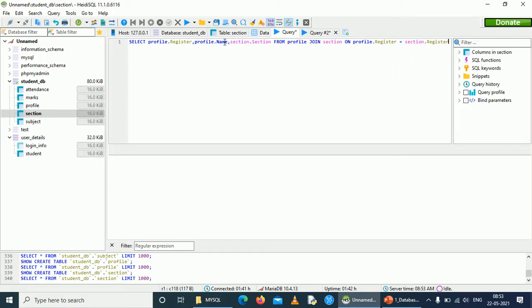So we are selecting columns from two different tables using a join query. After the from keyword, we mention two tables using the join keyword on a particular condition, where the register column of the profile table must match the register column of the section table, and matched records will be displayed here.